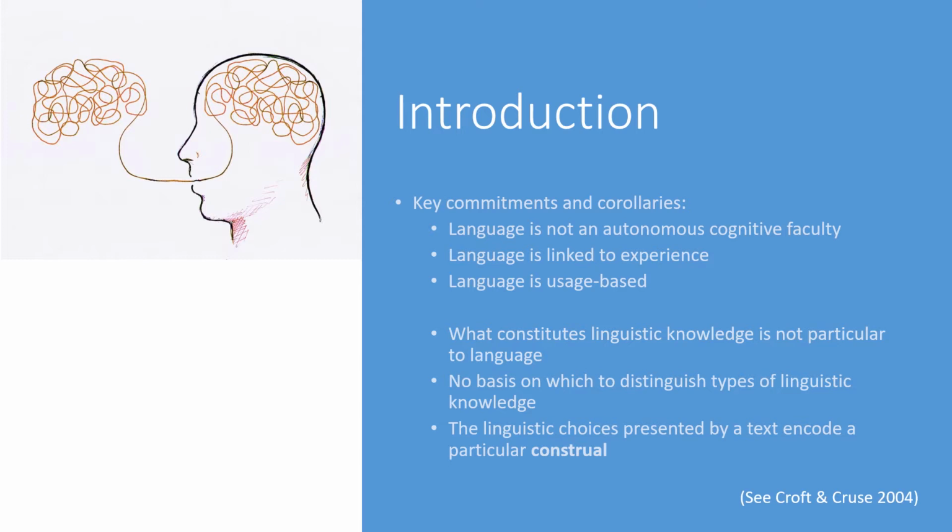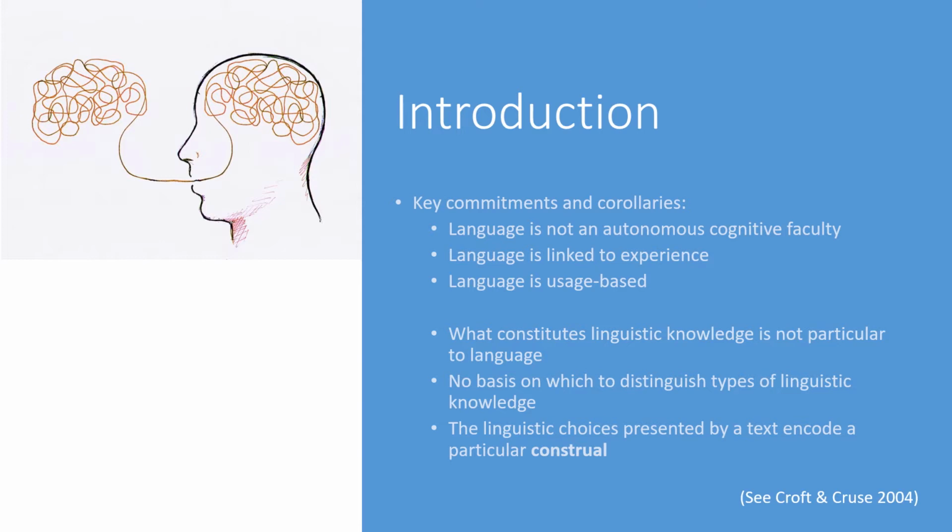Another upshot is that there's no real basis on which to distinguish between different types of linguistic knowledge. Words and grammatical structures, for example, are both stored as discrete units coupled with abstract conceptual knowledge structures. They are distinguished only by the degree of abstractness in the conceptual structures they index. So from this perspective, grammatical forms are in and of themselves meaningful by virtue of the conceptual structures they conventionally evoke. Similarly, the distinction between literal and figurative language breaks down, as metaphorical expressions also index abstract conceptual knowledge structures in the form of conceptual metaphors.